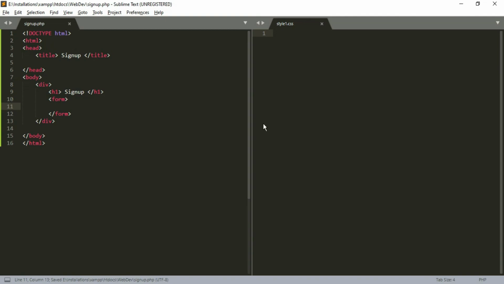Usually the sign up will have input fields such as the username, display name, phone number and password. The username and the display name will be used in the site, and the phone number and password will be used while login. So let's get the 4 inputs from the user. First, let's create the input for the username. Input type equal to text and name equal to username.